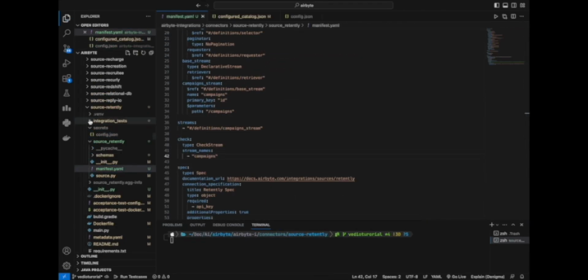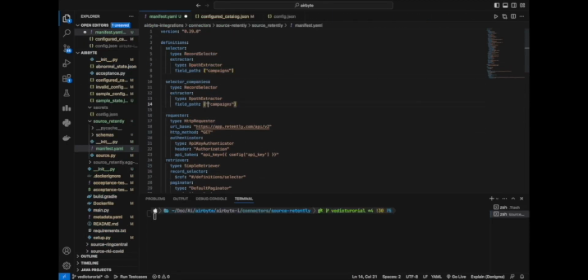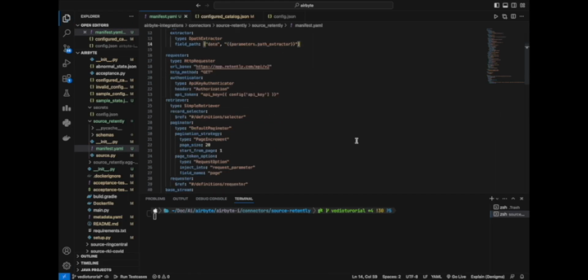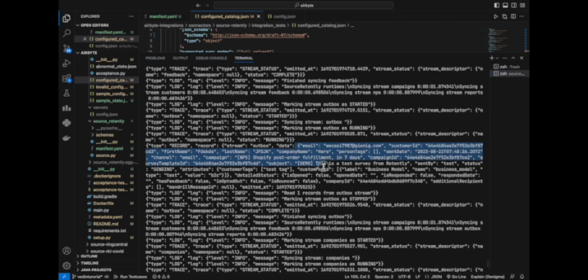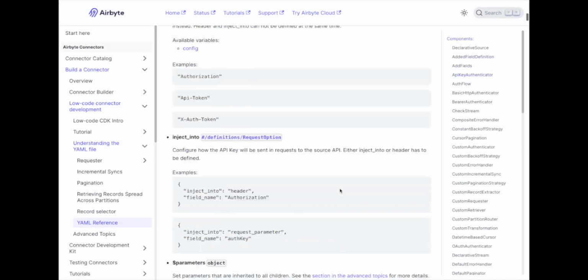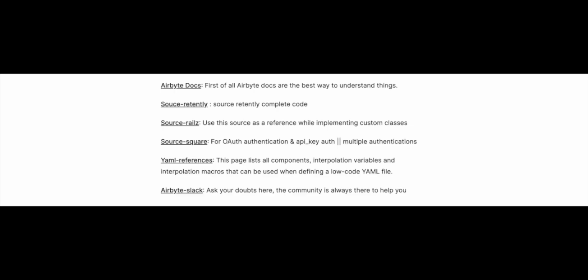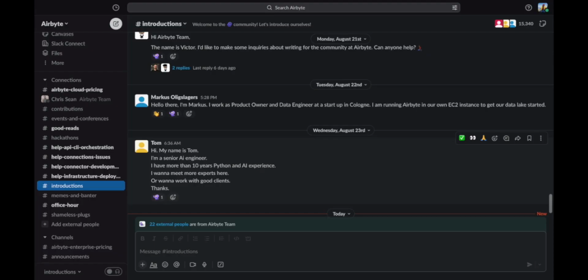As I told you, you have built your connector without any coding experience. There are so many more things you can do with the Airbyte low-code CDK. I can't tell everything in one video, so I will be linking documentation for everything else. I will also be linking some more connectors. You can check out those connectors also. If you have any doubt, you can ask them on